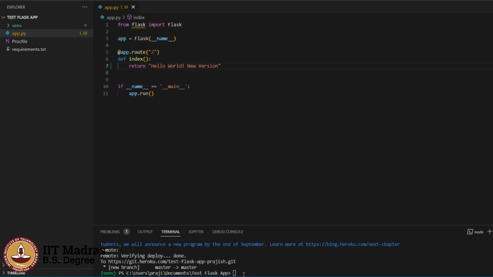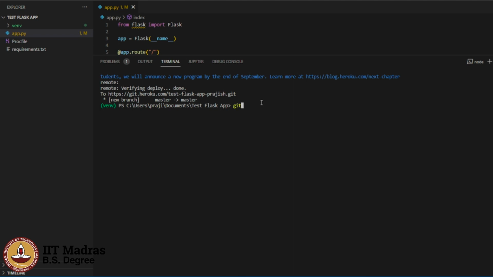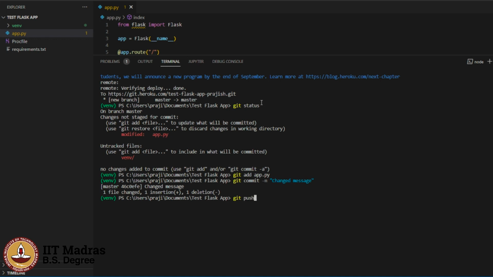Save it, and what I can do is just check the status, right? And I just add app.py and I commit with, say, change the message, right? And I git push to Heroku from my master branch,